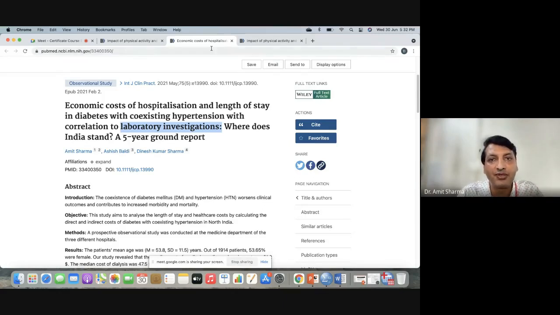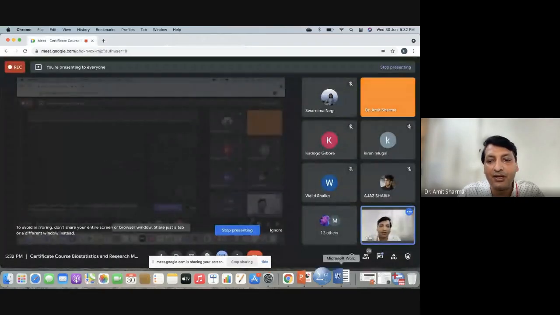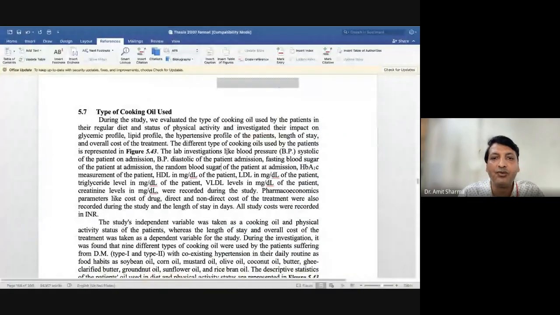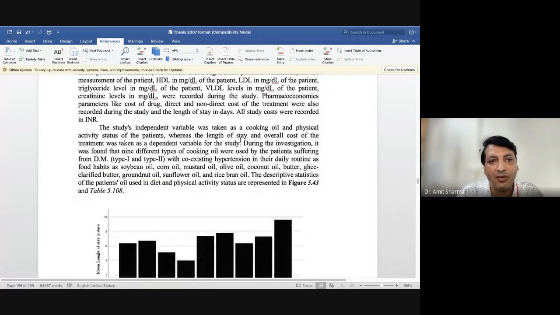So according to that you can proceed, and make sure that the writing style should be unique, that is how you're writing. No need to just write the descriptive statistics and just bind up the results. Whenever you're writing, write precisely, give time. First write everything about the description, that is, how the descriptive statistics were mentioned, because you don't have to work two times, while writing your thesis separately and while making your research paper separately. Whenever you're writing your thesis, make sure the same data you're going to take for the research paper.